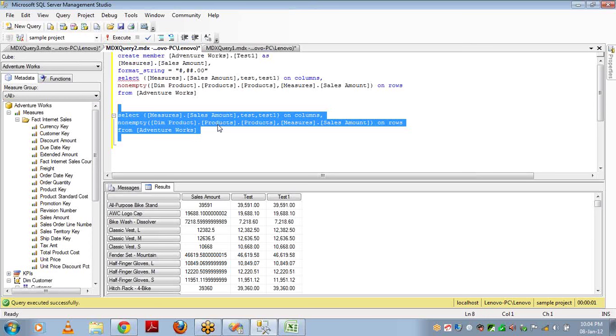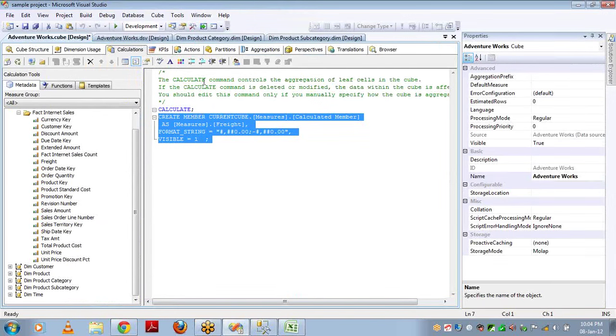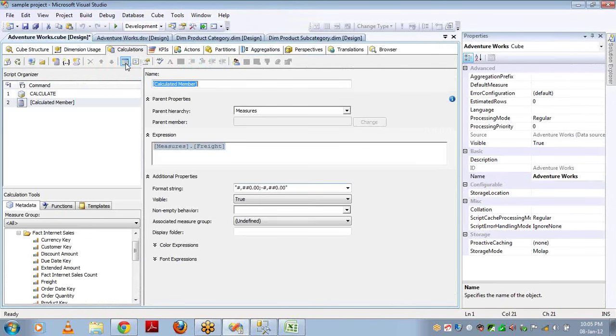And there is one more place where we define the calculated measure, that is in BIDS. Here you are creating the calculated measure. The scope of this one is the entire cube. Wherever the cube is processed successfully, and if the person has access to the calculated measure, he can access it and run it.